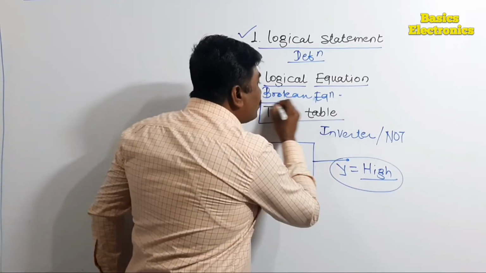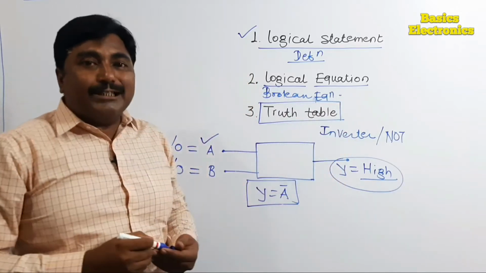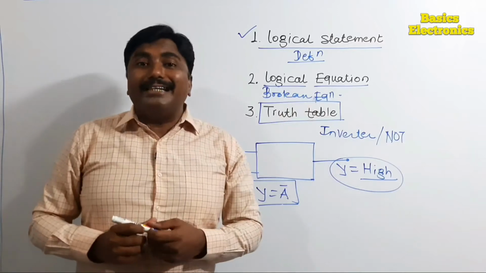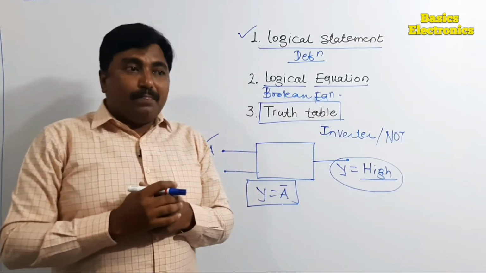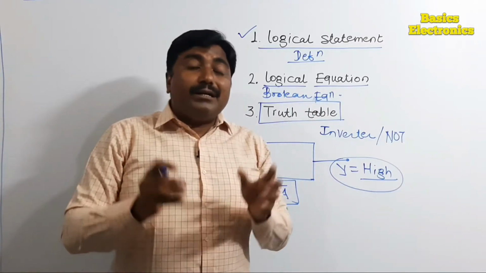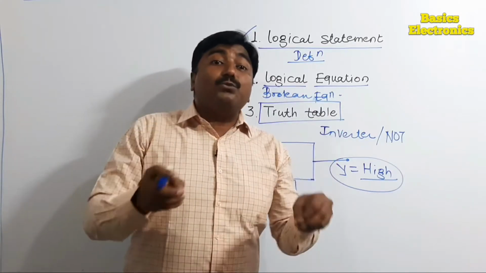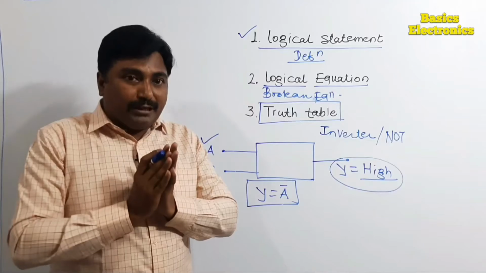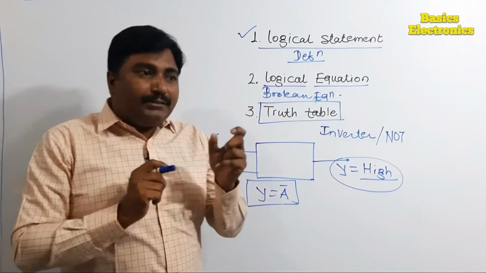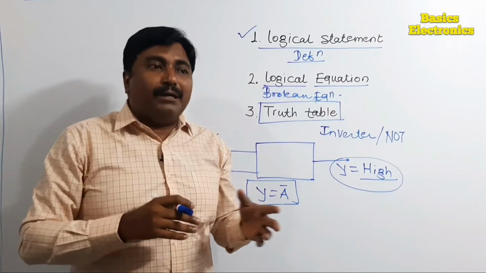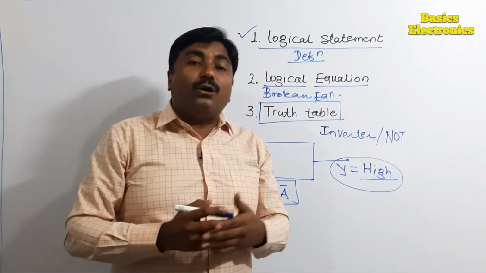That term is the truth table. We call it a truth table. Now, the word table is there. A table means a table in which we can put some values, but what values we have to put here, that is important. So before we go towards the values we put in that table, we see the definition of a truth table.